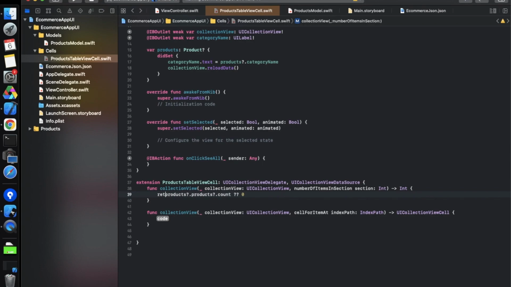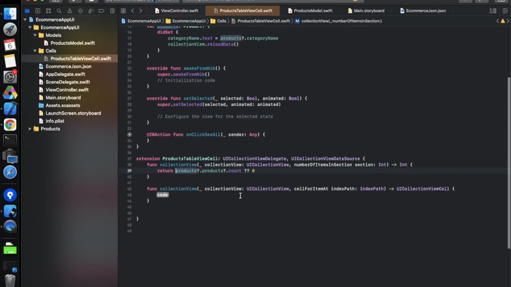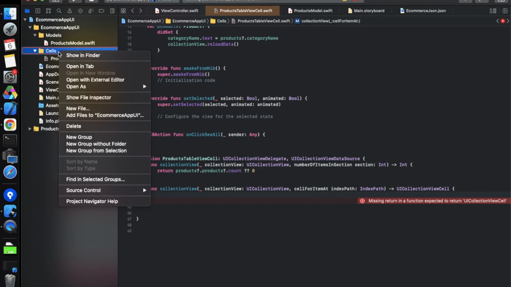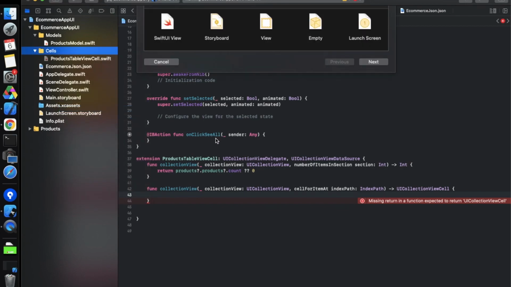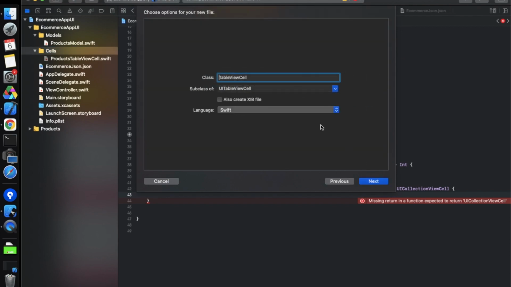We have to use the return statement. We can also omit the return statement because there is only a single statement, so it will be taken automatically. Now we have to define the cell over here. For that, again we need to take one cell class which is a collection view cell. So take a new file, it should be a Cocoa Touch class, named product collection view cell, and it should be a collection view cell.